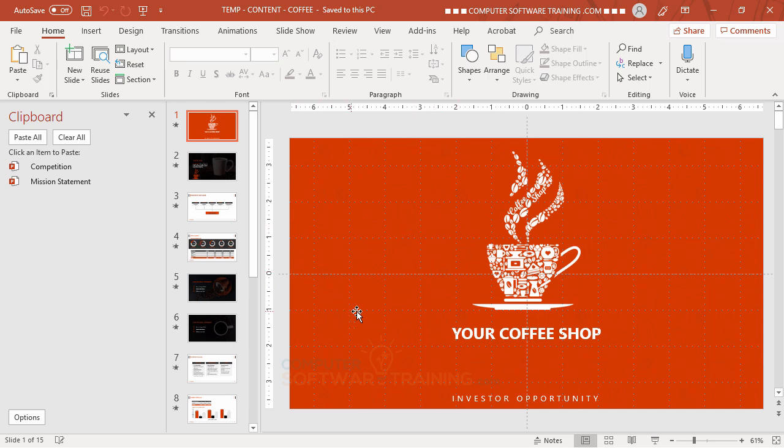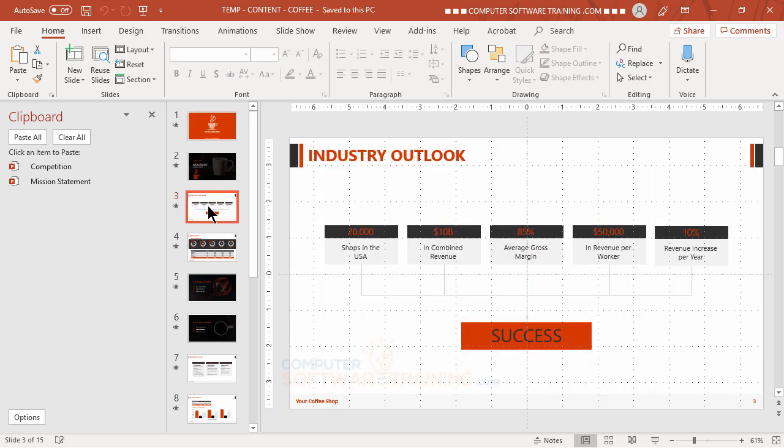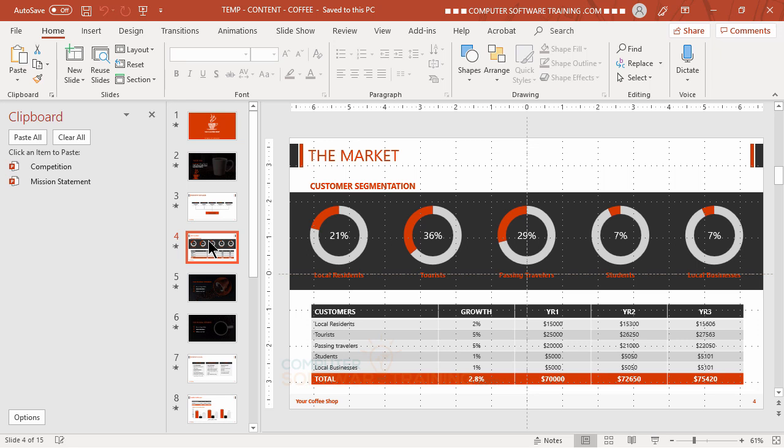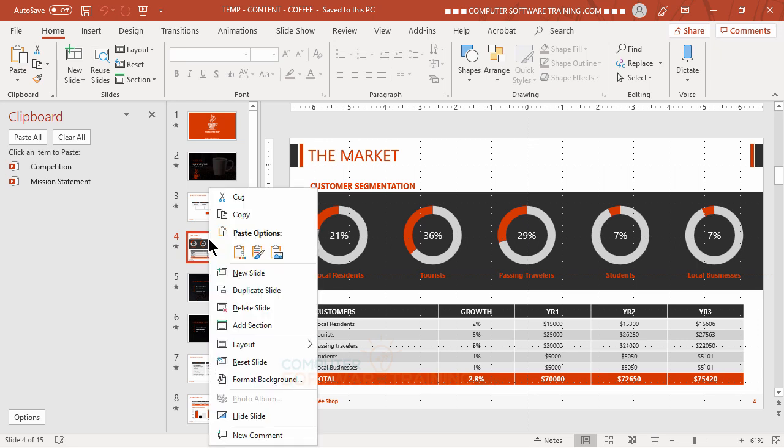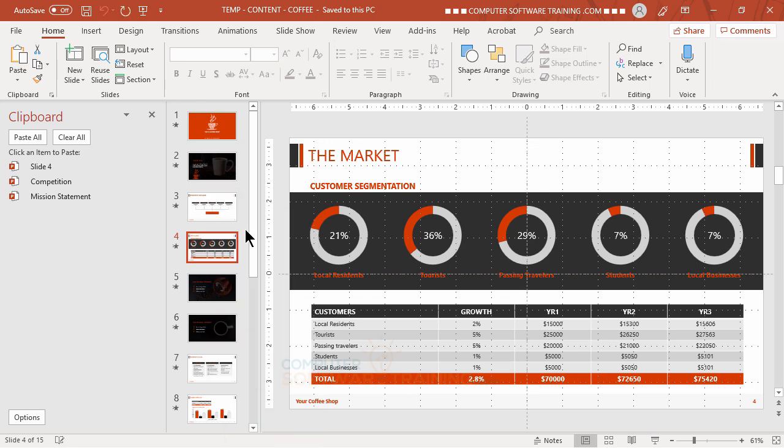Now, in this case, what I like to do is take this one right here, this slide. Actually, this one here, I'm sorry. This slide here. I'm going to right click it. I'm not going to cut it. I'm just going to go ahead and copy it. All right. And there it is. Okay. Now